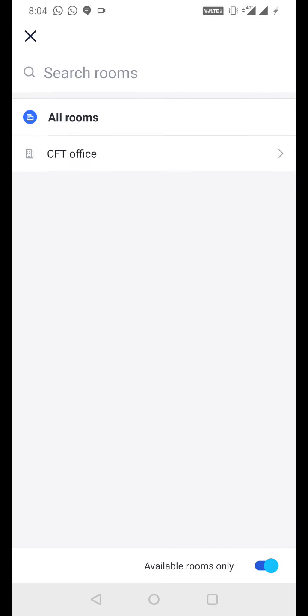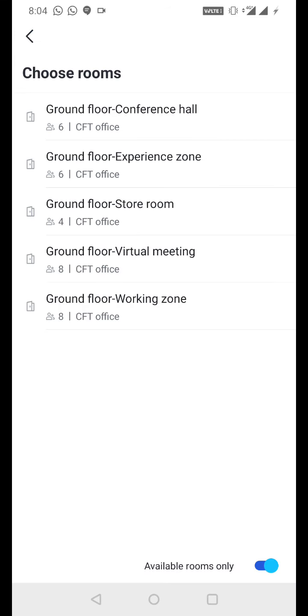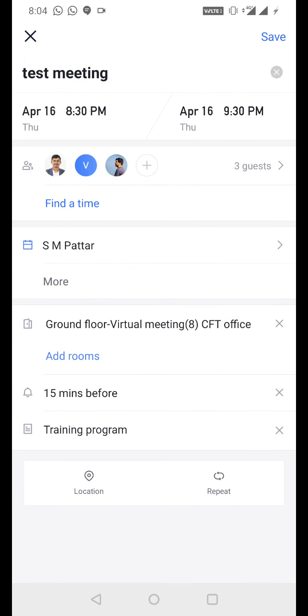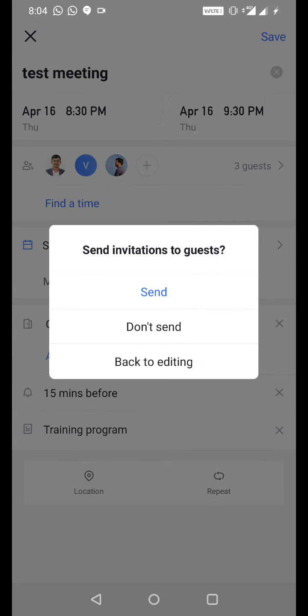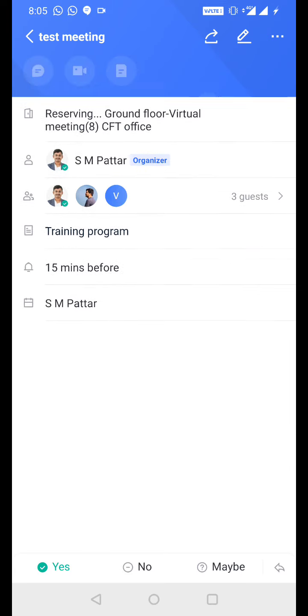And you can also set a room for the meeting. Let us say, for example, if your organization has various floors or meeting rooms, then you can select one. Here in this case I am going with a virtual meeting. As you know, this is Corona time, so virtual meeting, and you can say save. If you want to send an invitation to your colleagues, then you can say send. In my case it is just a test, so I am not sending any information to the people. So this acts as a